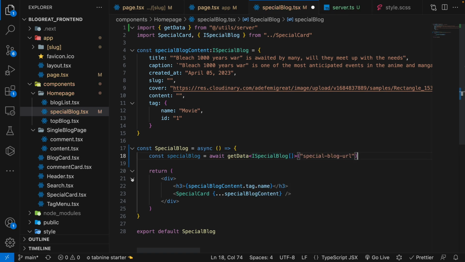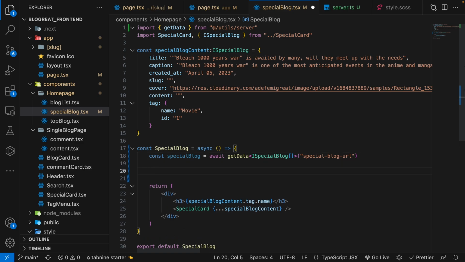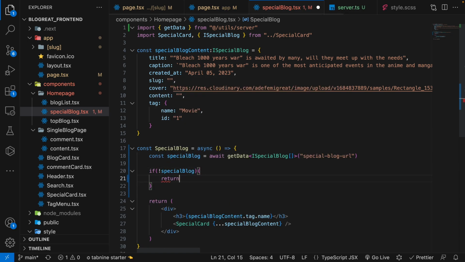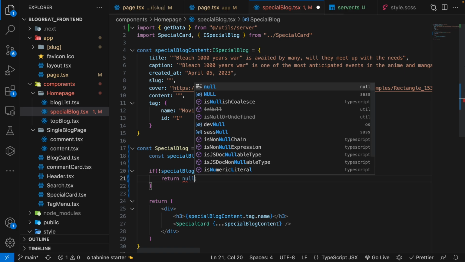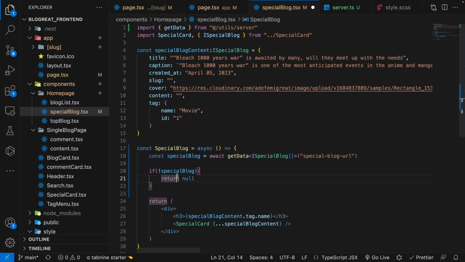Alright, so the next thing we want to do now is to render our content. However, if you remember, this function can either return what is specified as the type or a null. And we want to make sure we check for the null. So we want to say if not special block, then we want to just return a null. So you can return a null from a component. However, if special block exists, then we want to change this to special block.tag.name, or rather, this has to be